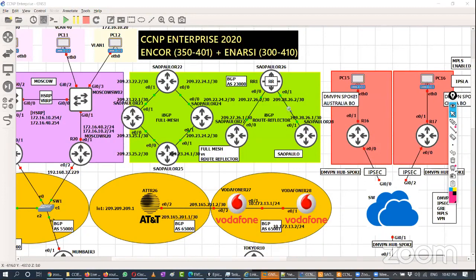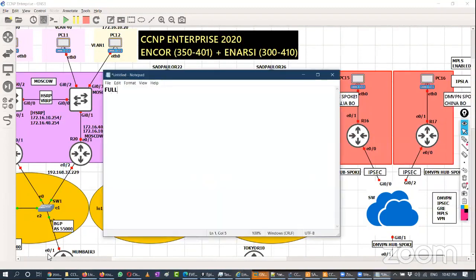Great. So the topic for today is full mesh and route reflector. Okay, full mesh, route reflector. So these are the two concepts inside IBGP. Okay. So let me tell you the default behavior of IBGP, internal BGP, is